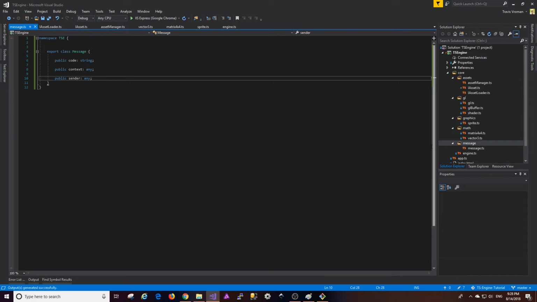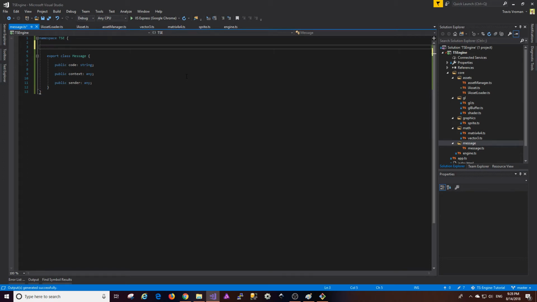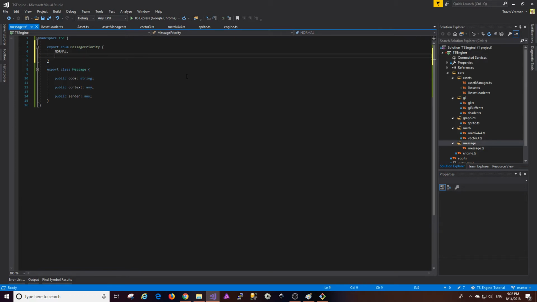And there's actually one more thing that we're going to need, but in order to add that property, we need to create an enumeration. So let's export an enum called MessagePriority. And we're going to create two priorities here. We're going to create a normal and a high. And I'll explain more on what that's for in a moment, but for now, let's just go ahead and add